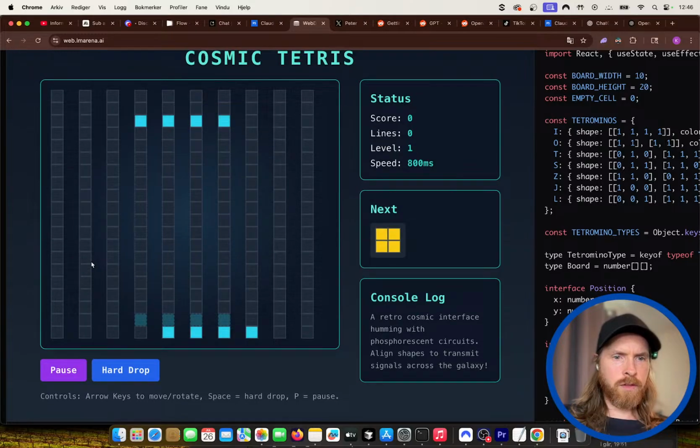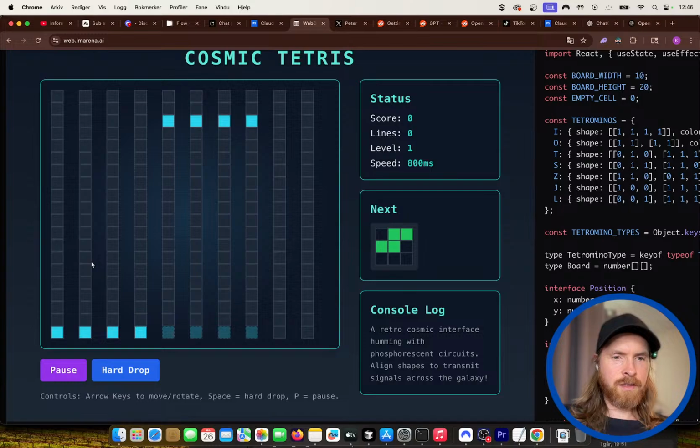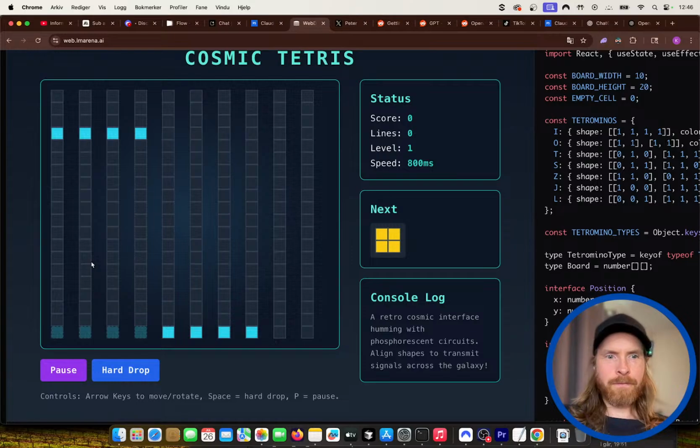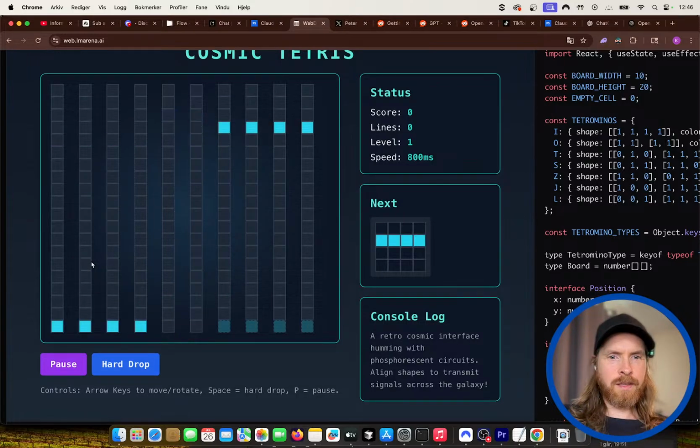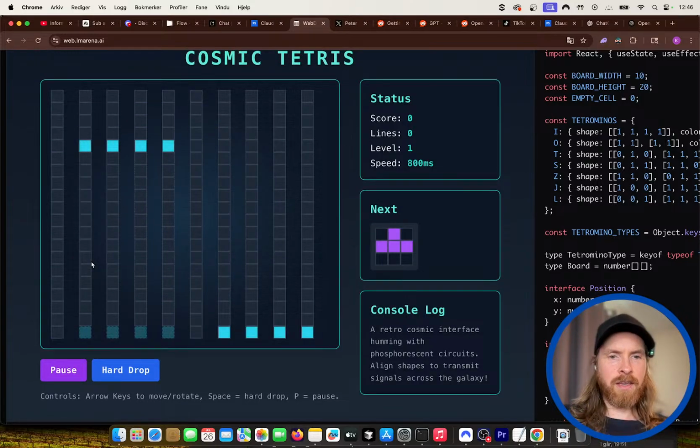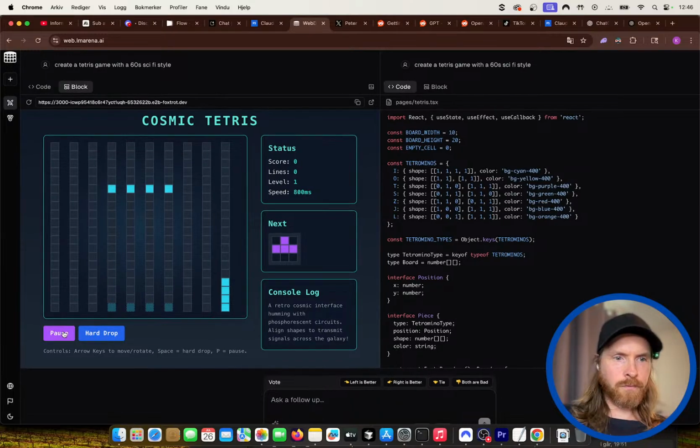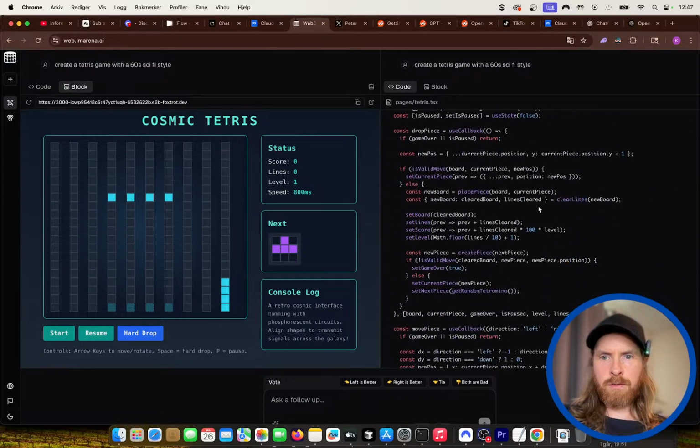Why did I get a point there? Okay, that's pretty strange. Okay, that is buggy. It looks good, but it doesn't really work. Okay, let's see if this is gonna work.